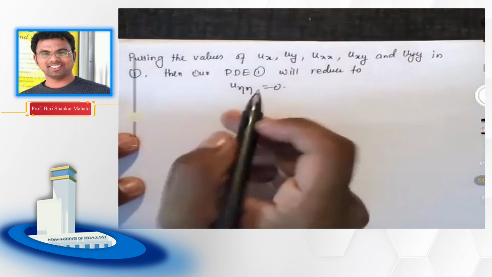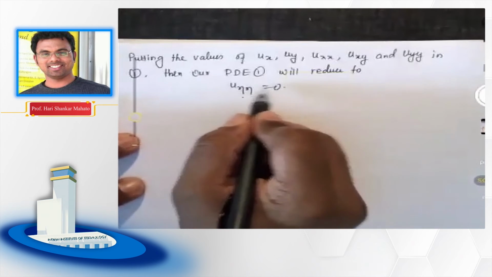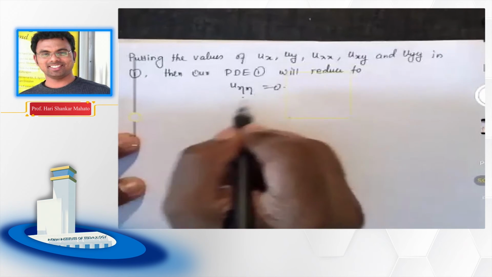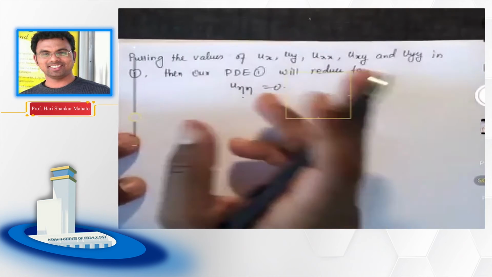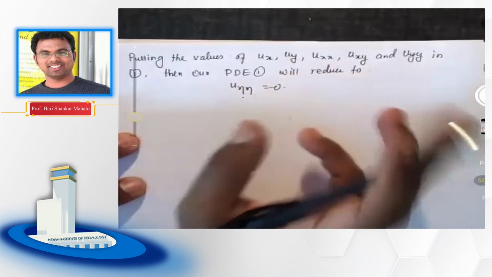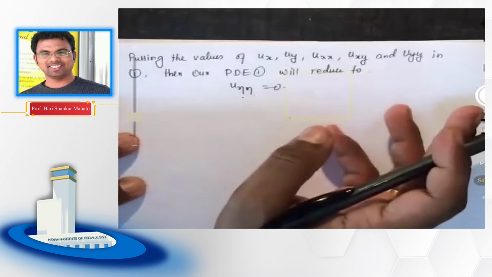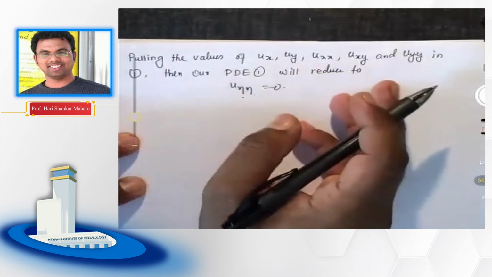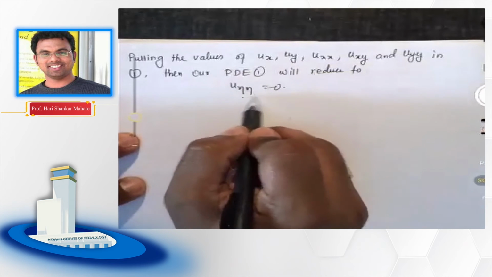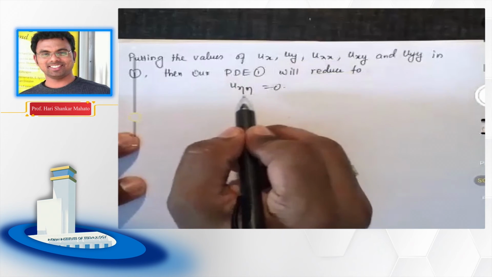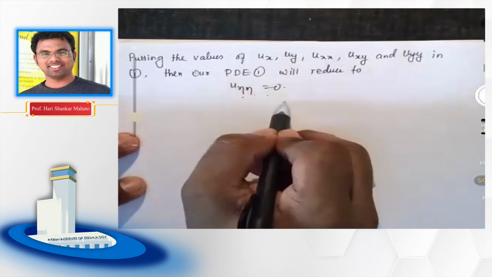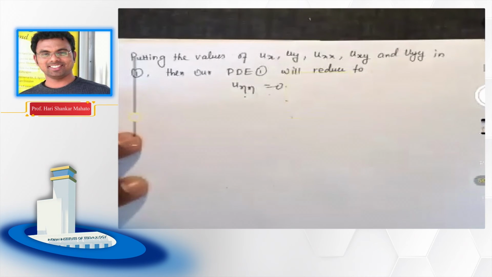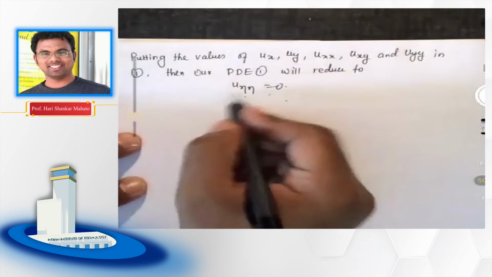Now, as you can see, another interesting fact is that sometimes you are able to solve the PDE very easily. For example, in this case, your original PDE had all those coefficient functions, and it had first order derivatives, second order, with respect to x, with respect to y, so many other terms. But the minute you transformed into a canonical form, it reduced into u eta eta equals 0. You can integrate this equation very easily, whereas the first one was quite complicated. It was not that straightforward to integrate or solve it. So here we can do that.